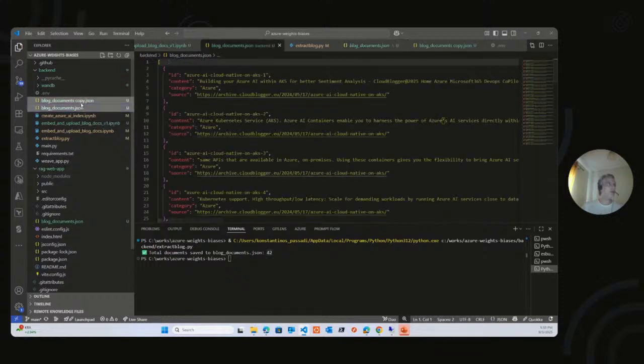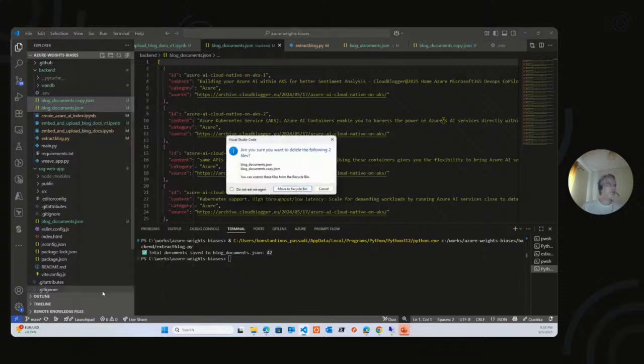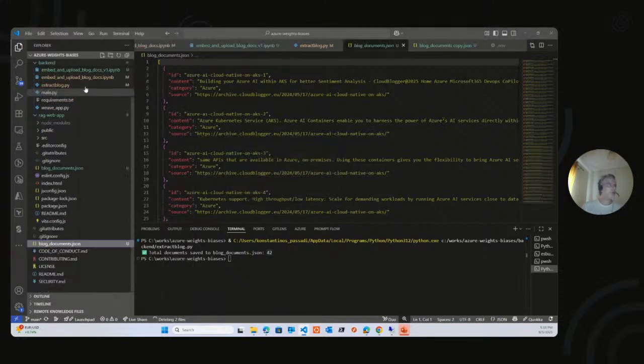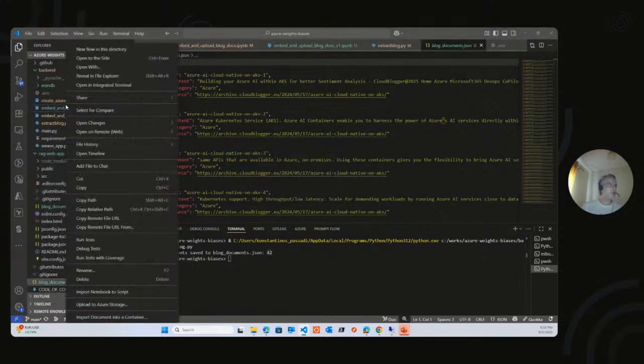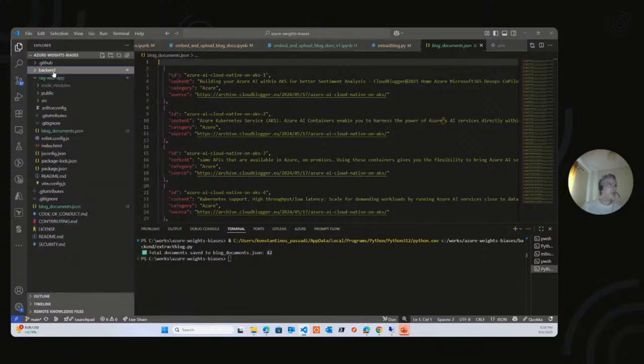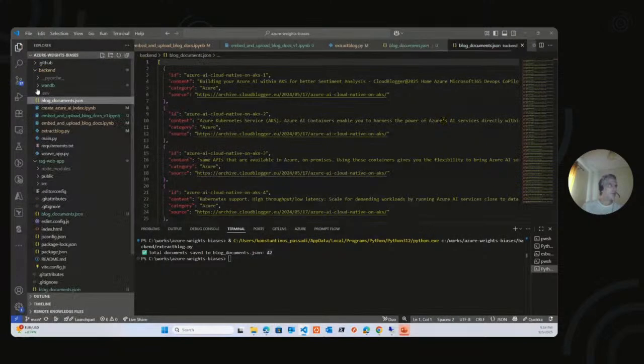Let me delete those and bring my new one here in the backend folder. Paste. Okay, where is the backend folder? Okay, let me